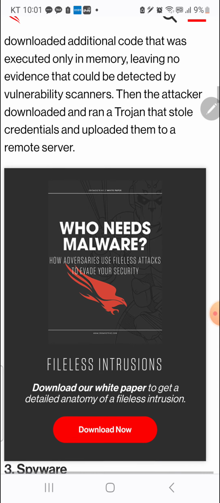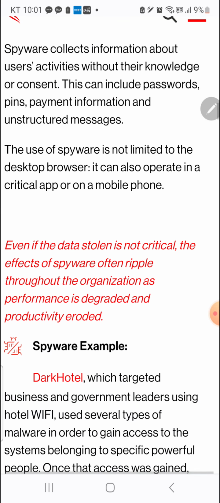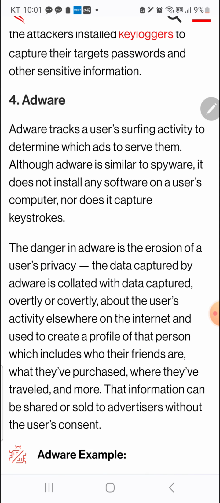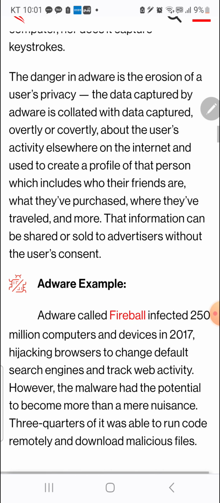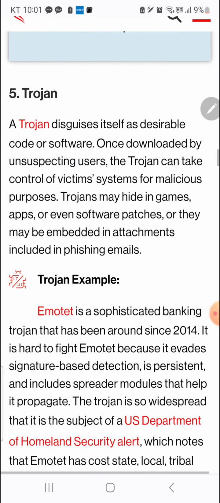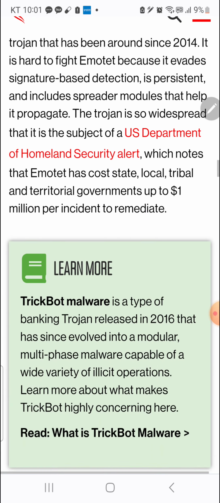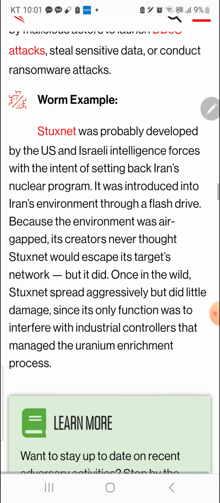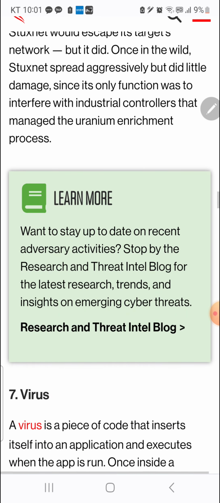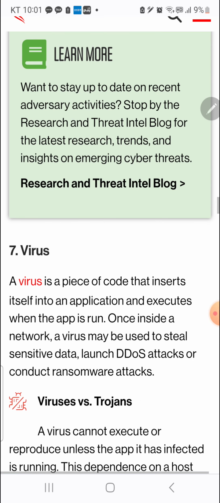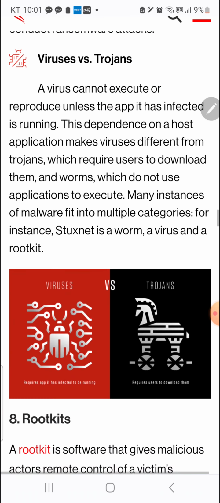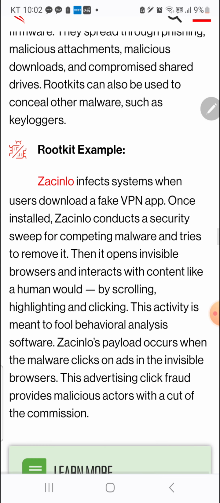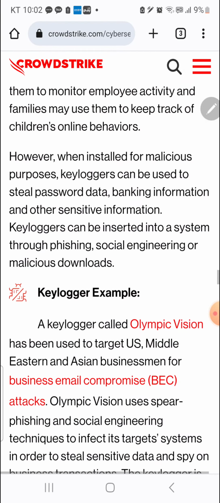Link, algorithm to remote server, spyware, keyloggers, adware, firewall, Trojan, Emotet, Homeland Security, worms, DDoS attacks, uranium enrichment process, virus, rootkits, Zerkino, right?